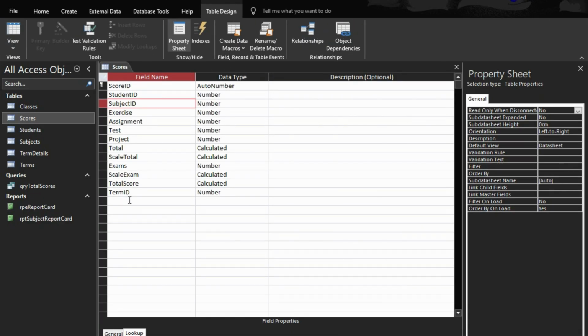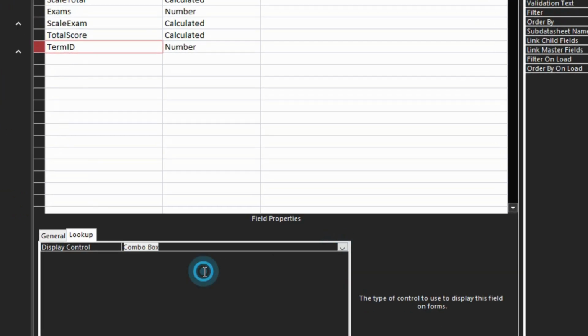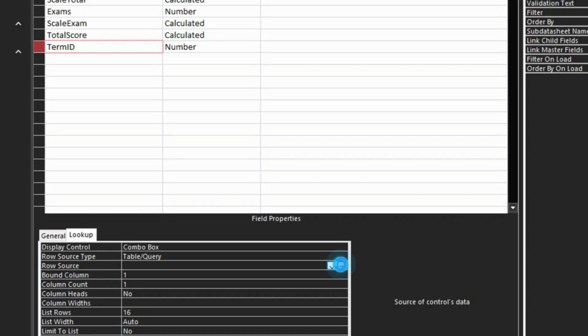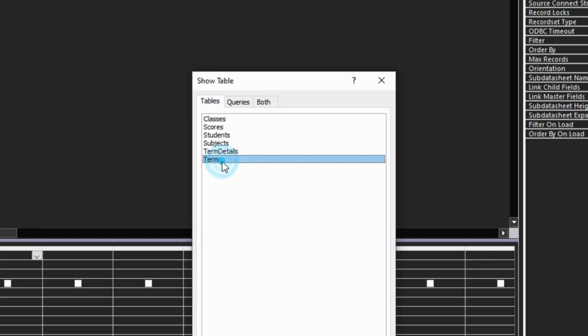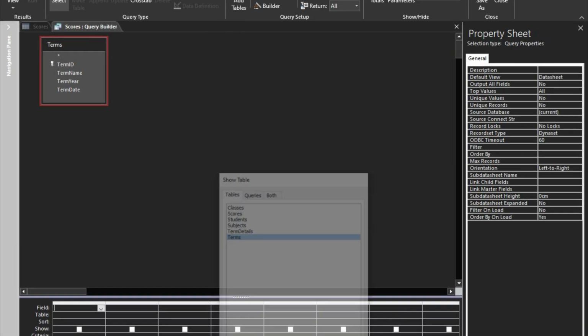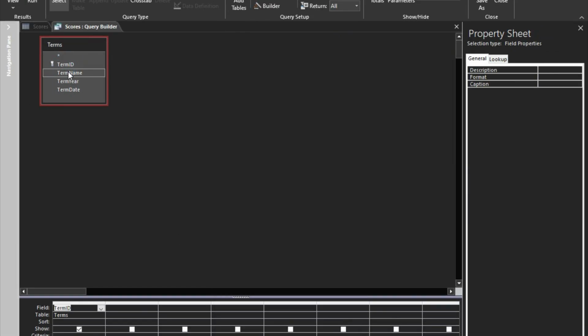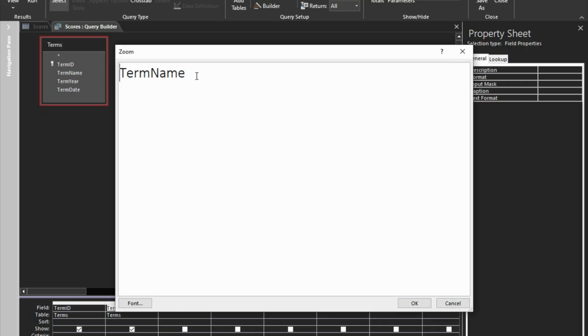So let's go to the term ID, select term ID, then here you click and select combo box, just the same thing. You are just repeating the same thing. So here too, we are going to add the terms table, then term ID, term name. So the term name, let me zoom it because we want to add the year to it. Yes, so go to zoom, and now we just say term, colon, term name,